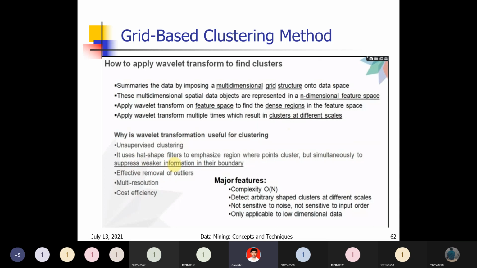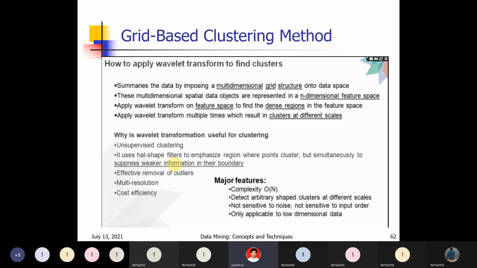For which x values the y value is high, that is the highest density part that you take. This gives effective removal of outliers. In this way you can remove the boundary points. Boundary points are nothing but low density. Low density means the number of points is less in a space. Then we can say that is an outlier, that is noise. If a space has only 1 or 2 points, that is noise or an outlier. You can easily identify the noise and just remove it.